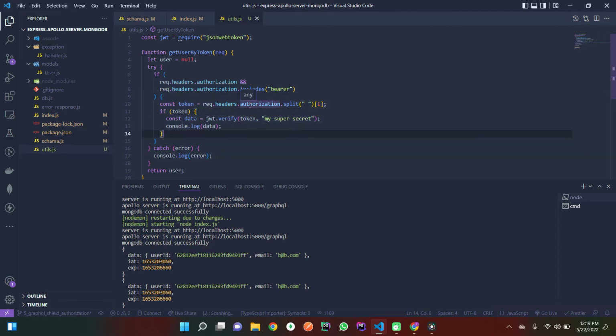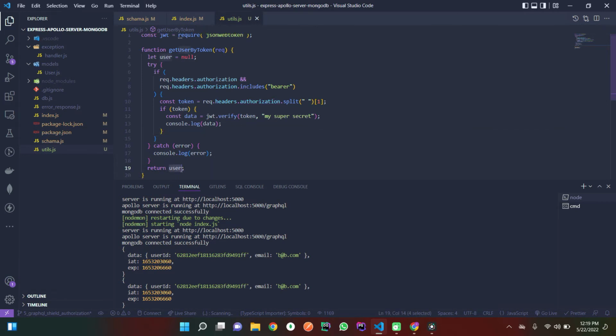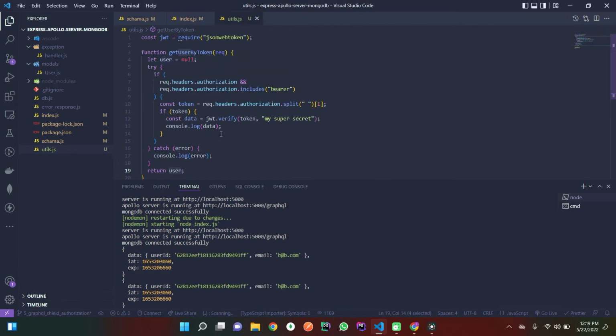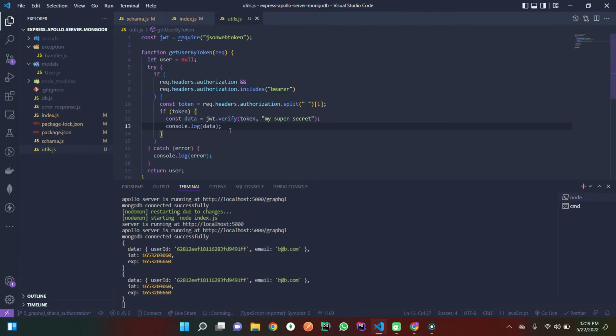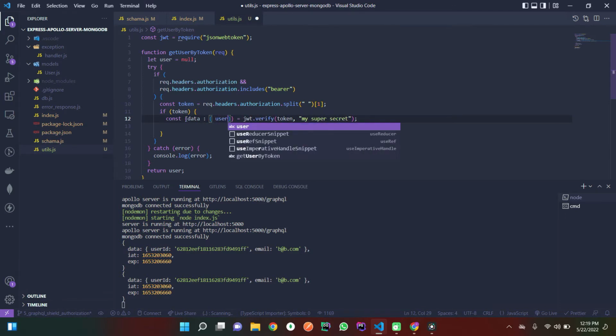In the expired or invalid token case, we are going to return the null user. And with GraphQL Shield, we are going to implement the authorization for throwing the unauthorized error. So here in the context schema, we are going to return just the null user. Here I am again going to try this, and we are getting this data, and we are going to destructure this data and get the user ID